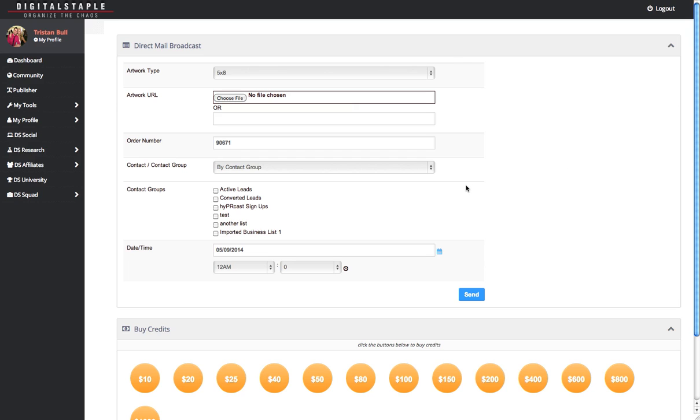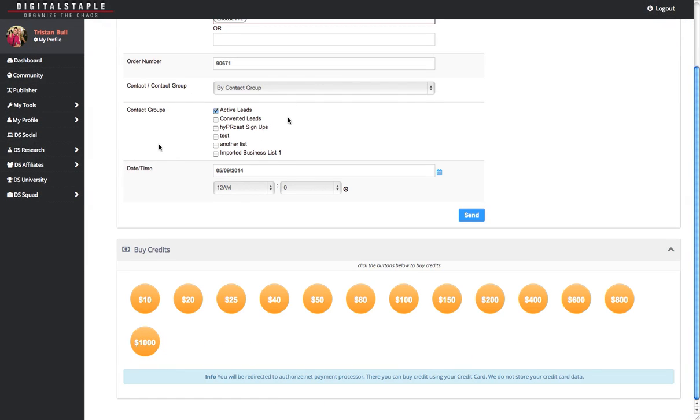Or on the flip side, maybe you have some really loyal clients that you want to reward individually. So you send them an individual postcard, if they've been with you for 6 months or 12 months or something like that. Or even birthday cards or Christmas or Mother's Day, Father's Day. We can do that for you as well. So you can just simply select the person you want to send out and go bang. So from here,